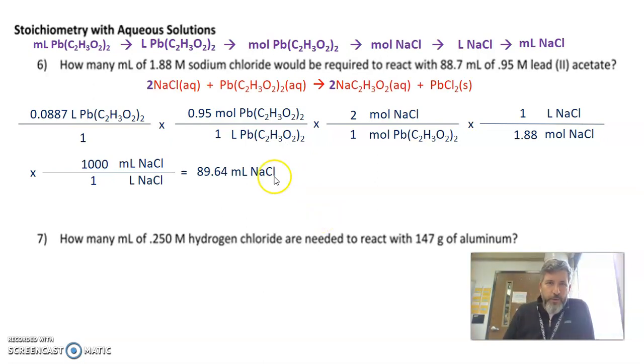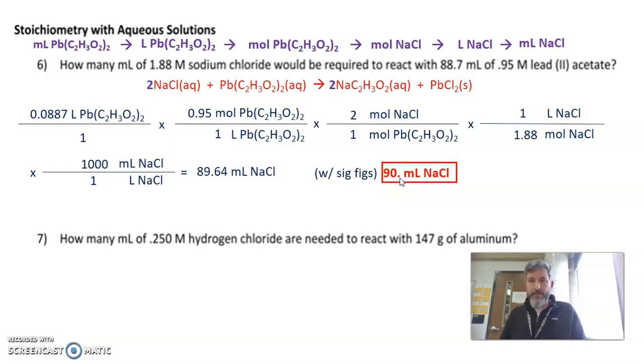And kind of a weird one because it looks like I only need 2 sig figs. Molarity here only has 2 sig figs. The other two numbers in the problem have 3. So I have to go with 2, and 89.6 would round up to 90, but 90 with no decimal would only be 1 sig fig. So with proper sig figs, I've got to throw a decimal on in there to make that trailing zero significant. So go ahead and set up the next problem and see how far you can get with it,